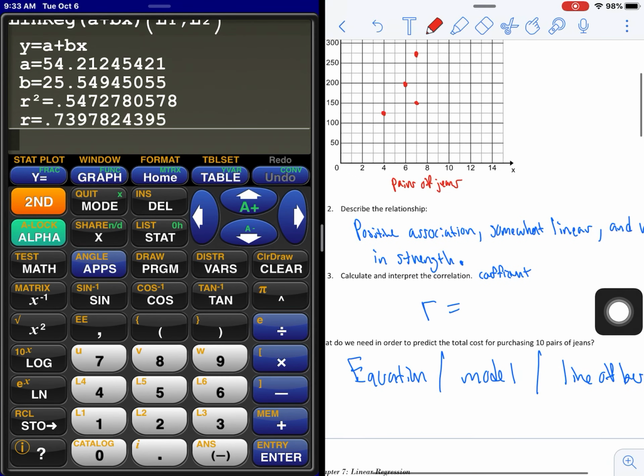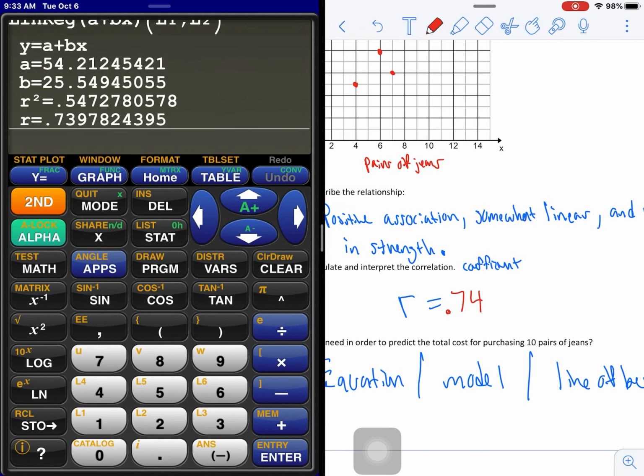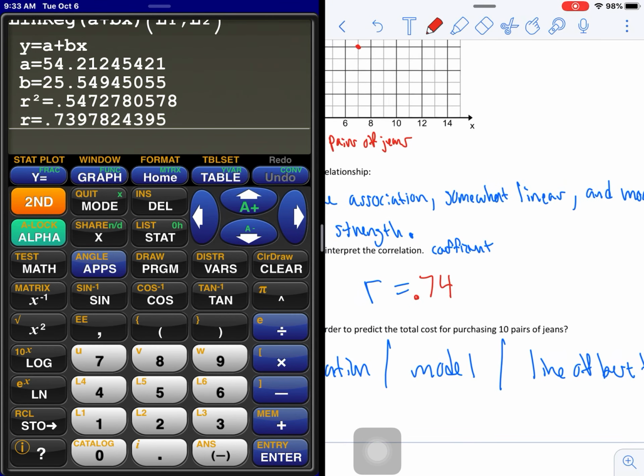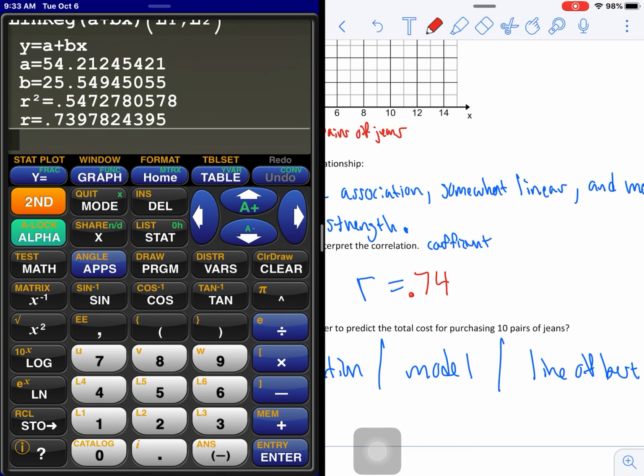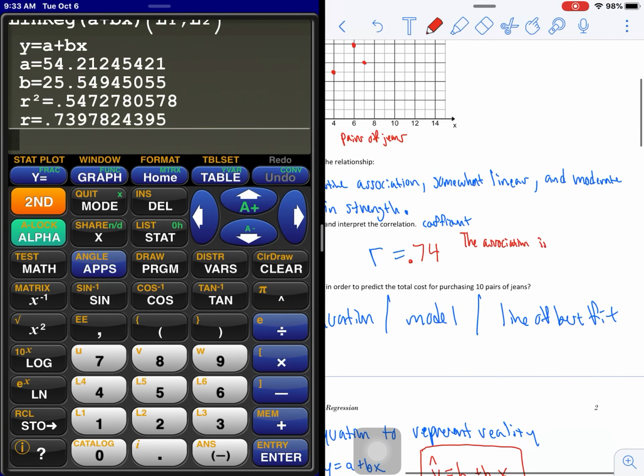So I'm going to answer number 3. It says calculate and interpret the correlation coefficient. So our r value is 0.74, I'll say. When it says interpret, guys, your r value tells you 2 things. It tells you the strength, like how strong the association is, and whether it's positive or negative. In this case, we have a positive 0.74, so we can say the association is positive,